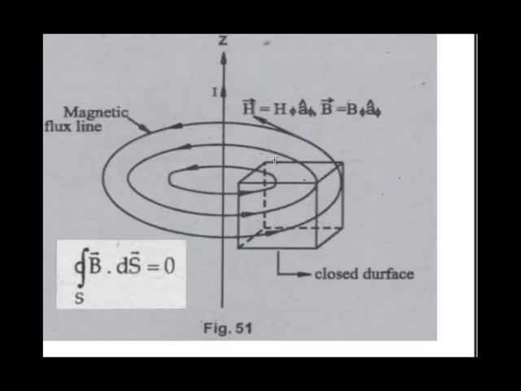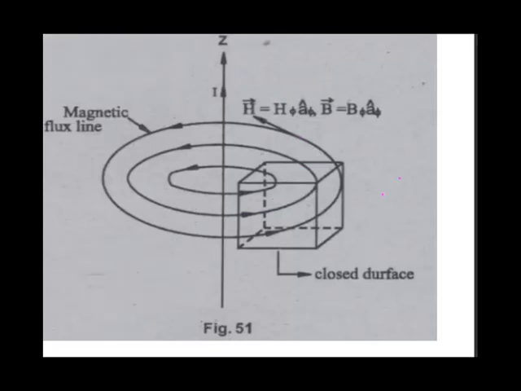If you take a current of varying nature, that will be 0, then become positive, then negative, then positive, then negative. In this case also the total flux present within the box will be 0. At every instant, if you take this instant, there may be a maximum number of flux lines entering, and the same number of flux lines will be leaving. In this case, where the current is negative, meaning current is flowing in the downward direction, the current is entering from that side and leaving from this side, and the total flux will again be 0. So for all possible cases, the flux density will be 0.